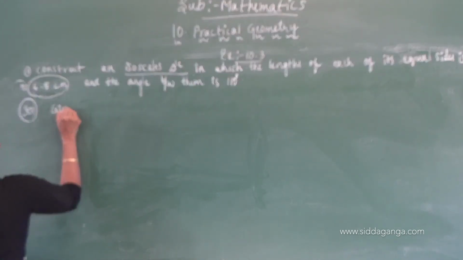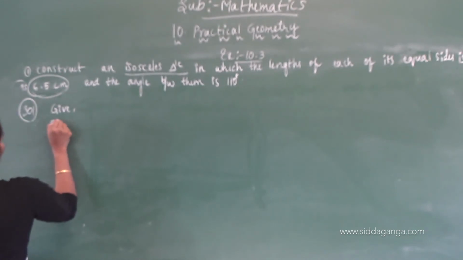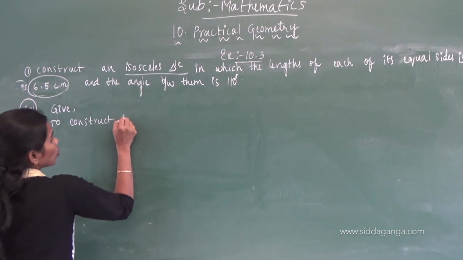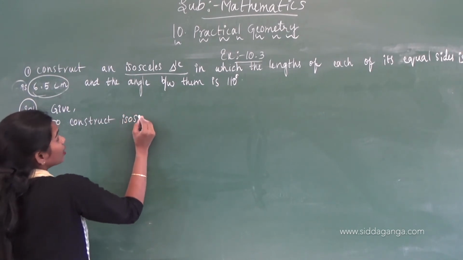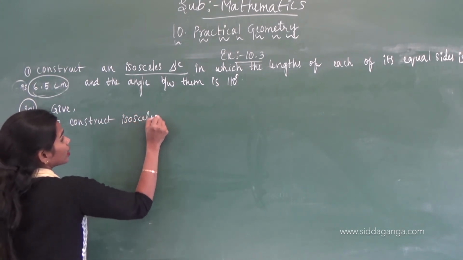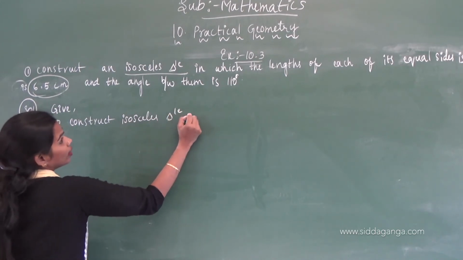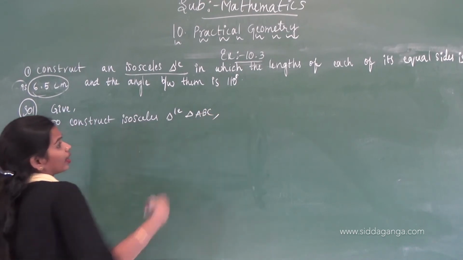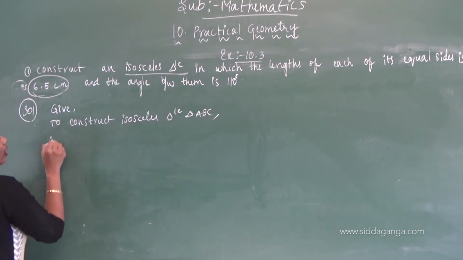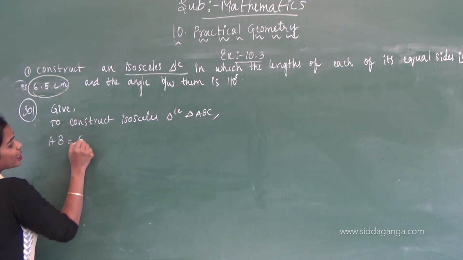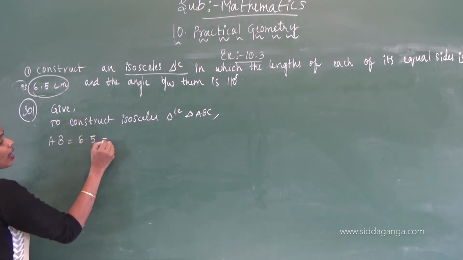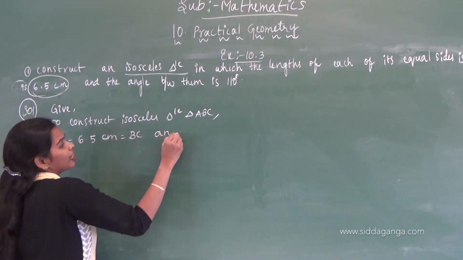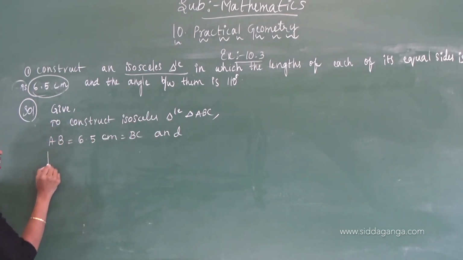Given to construct isosceles triangle ABC, where AB equals 6.5 centimeters and BC equals 6.5 centimeters, and they are giving the angle between